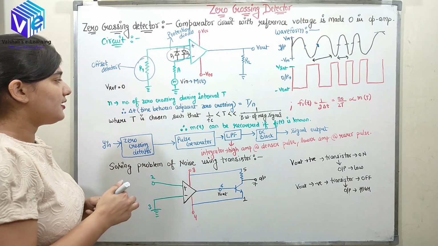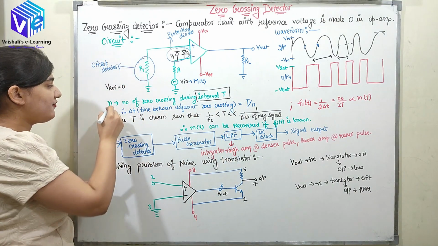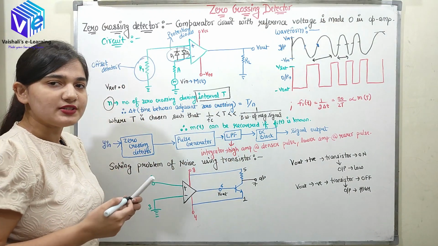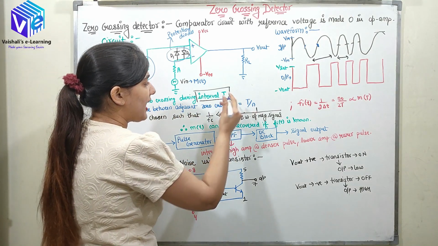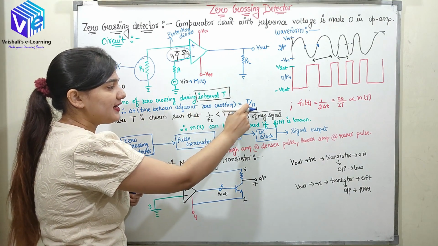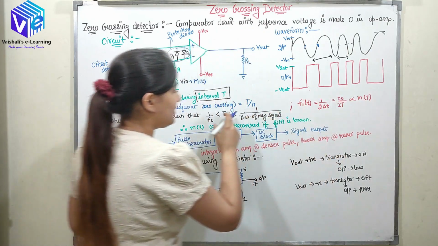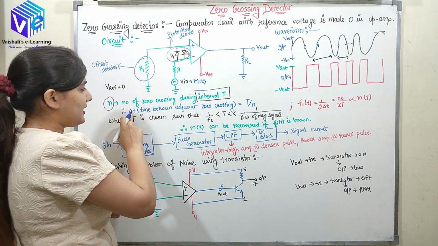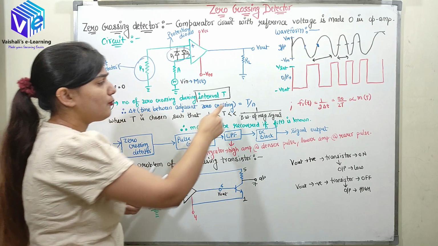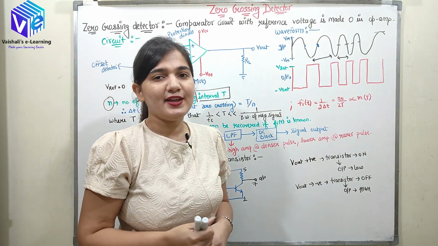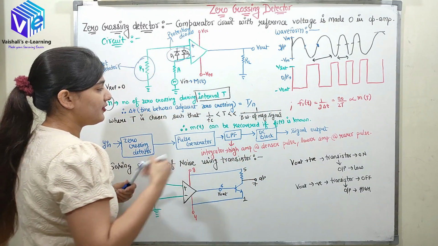Now if I am observing an interval t, and I find that n is the number of zero crossings in the interval t, then the average time between adjacent zero crossings, delta t, would be the total time divided by the number of zero crossings. So how much will I take this total time? The total time, or the interval over which I will observe this, will have this relation.